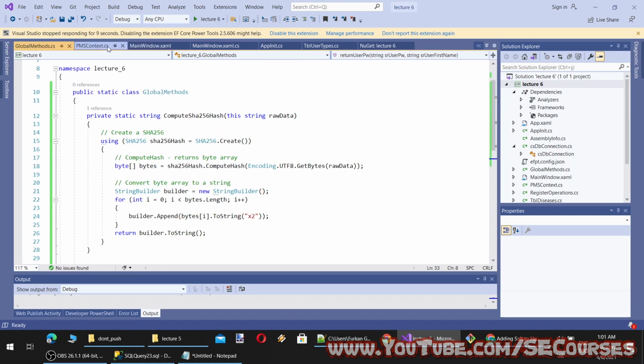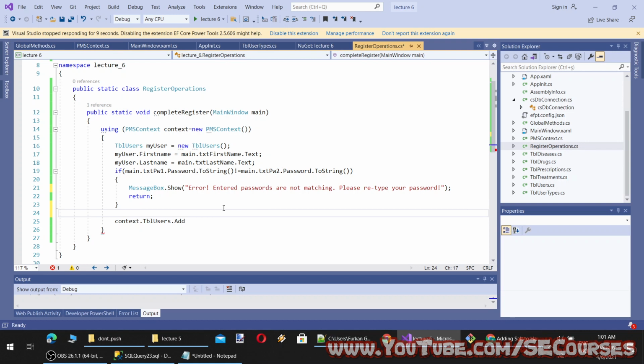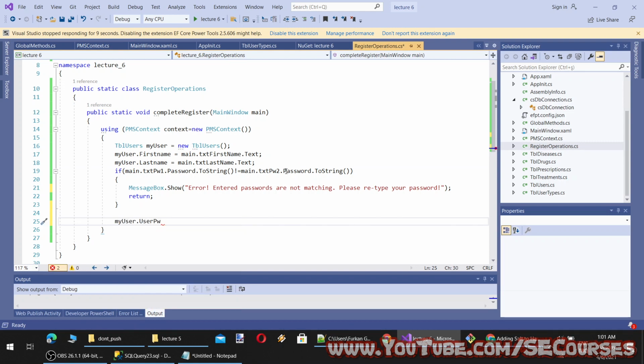Okay, so where is our register here? Okay, then we will get the user password as this one. pv equal to GlobalMethods.ReturnUserPV, and it will take my user dot first name and password.